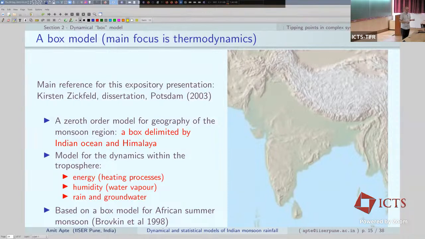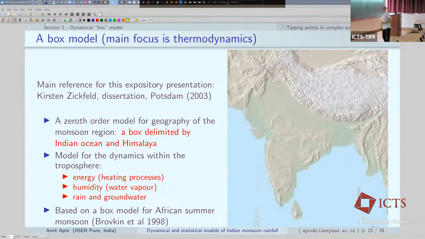And what do I mean by simplified? Of course, this is exactly what the partial differential equation based climate or weather models do, but they're just too complex to try to understand these kinds of feedback mechanisms. So we would like to develop an ODE based model, which is what Ziegfeld did in her thesis in 2003. But again, I'll show what the complexities are, why this model has limited utility even until now. Not to mention the fact that not too many people have worked on it. Literally, countable on my fingers, a few papers in the last 20 odd years.